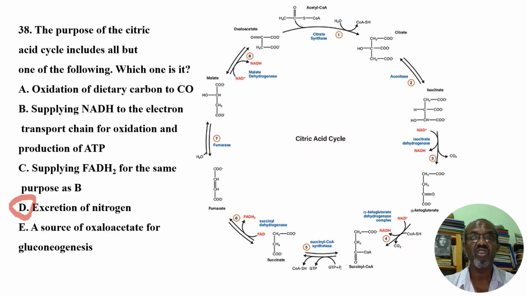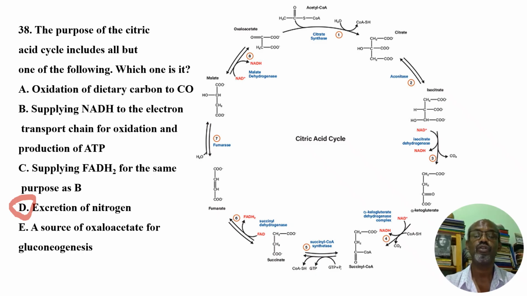You see, oxaloacetic acid can come out of mitochondria. Of course, it can't pass out of the inner membrane. The problem of oxaloacetic acid is it can't come out of the matrix of the mitochondria. It can't pass the inner membrane, but it can change to malate. Oxaloacetic acid changes into malate by malate dehydrogenase. Malate can pass, go to the cytoplasm.